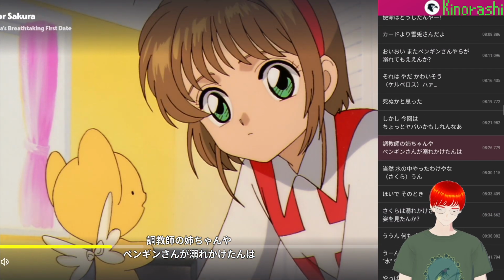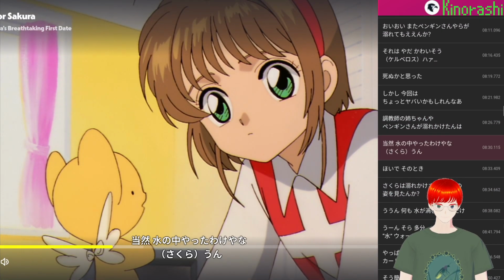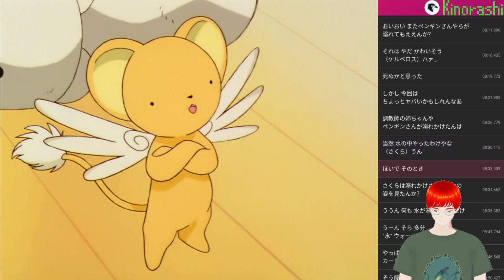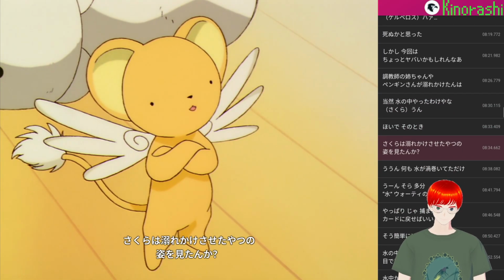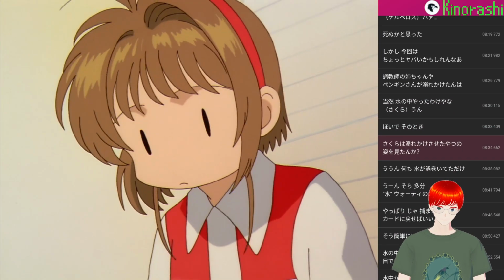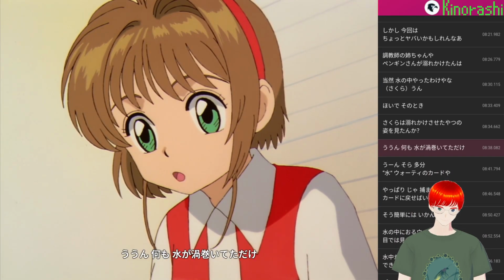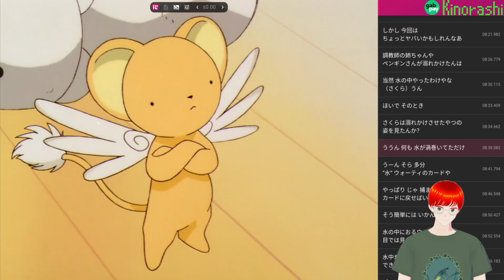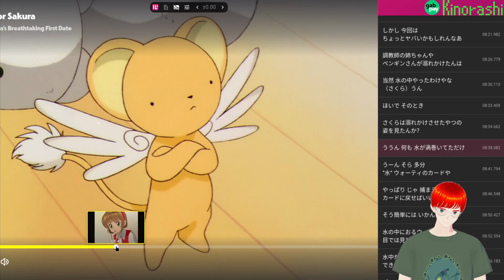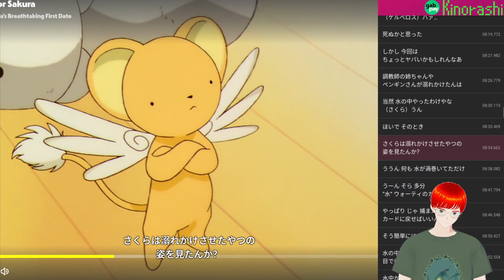ペンギンさんが溺れかけたんは当然水の中やったわけやな。おいでその時さくらは溺れかけさせたやつの姿を見たんか？何も、水が渦巻いてただけ。溺れかけさせたやつの姿を見たんか？